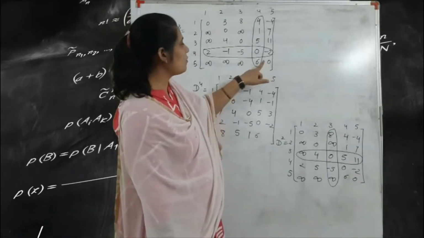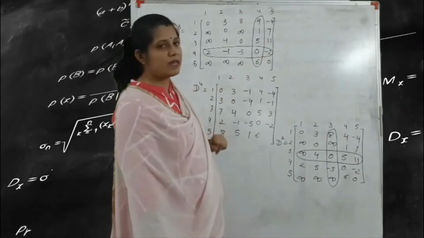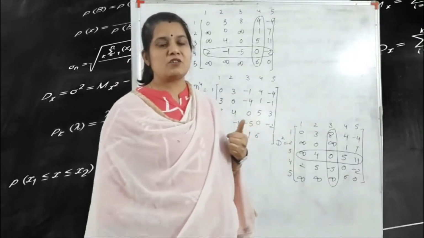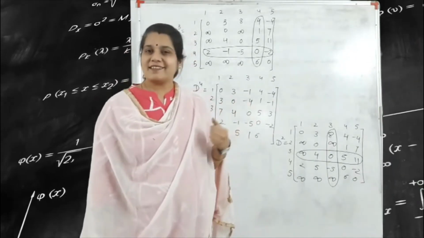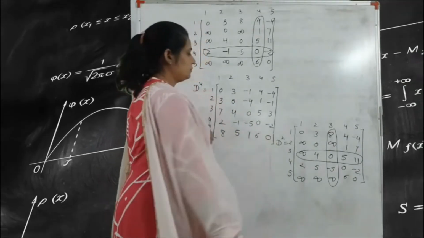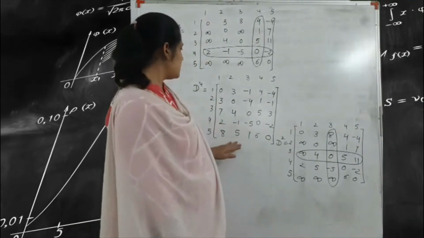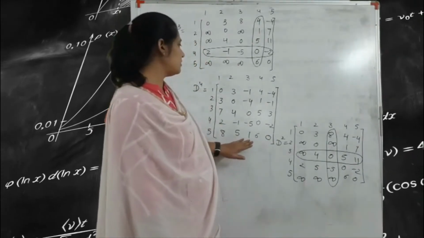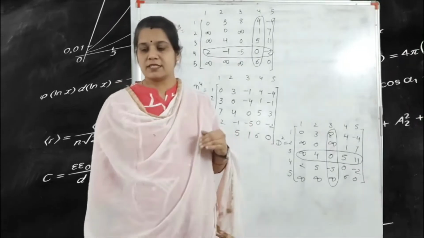And this 0, so obviously here is 6 and here is minus 2. So 6 minus 2 is equal to 4, and 4 is greater than 0. So we write here the 0. Okay, so this is your D4. That means according to this D4,